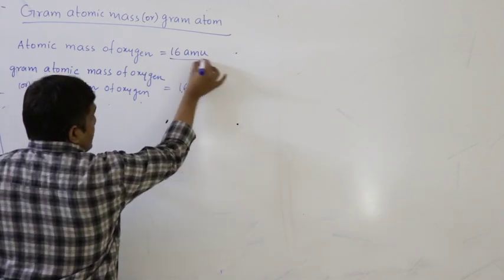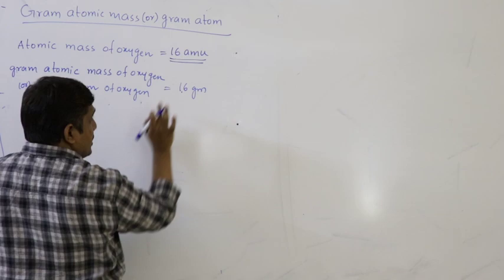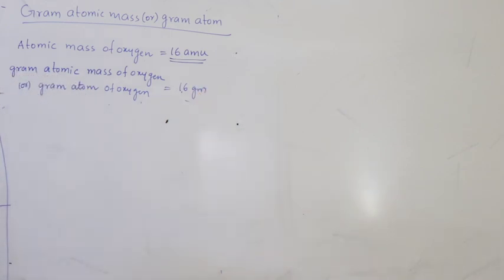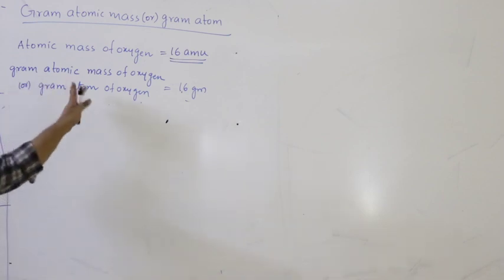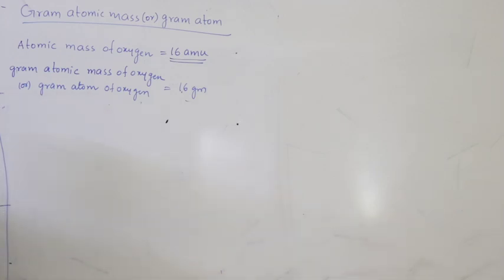Right? Remember, this is relative mass, no units. This unit is also a relative one. Mass units are either grams or kgs. So, we are just adding grams to the number, it becomes gram atomic mass, that is it. You can also call it 1 gram atom or gram atom.